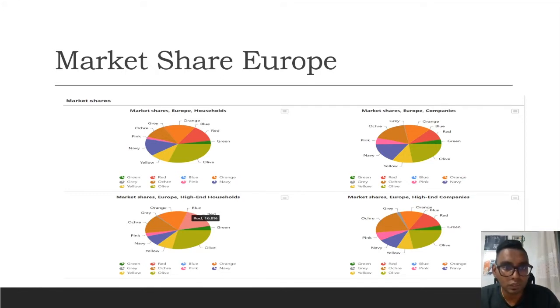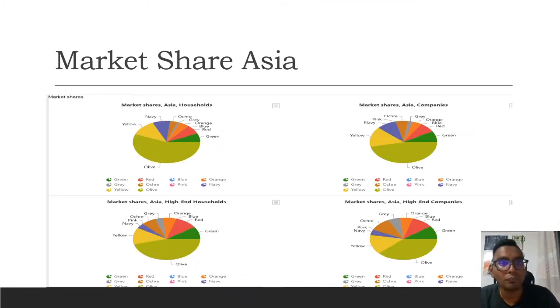So how is this useful? By having a large market share, we are the dominant company in Europe compared to our competitors. And having a large market share also increases our revenue as well. The same goes for our market share in Asia, having a large percentage of the market share due to the effectiveness of our products with their specs and battery life. We can overcome our competitors by providing